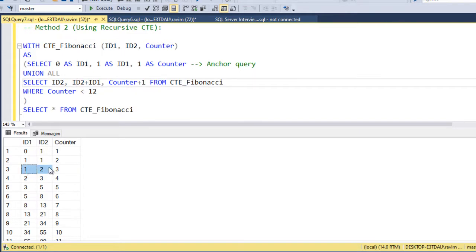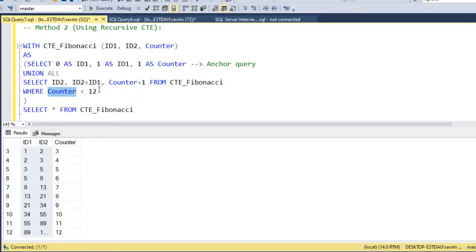That's the second iteration of the recursive CTE. Now in the third one, id1 holds value 1 and id2 holds value 2. The recursive CTE will generate 2 as id1, and id2 plus id1, that is 2 plus 1, gives 3. So on and so forth, we'll generate the entire series here.